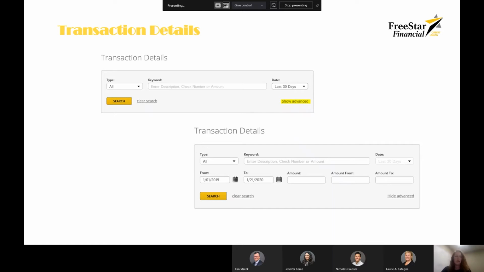So if you know exactly what you're looking for, you may be able to just use the simple search button and search whatever description you're looking for. So if you went out to eat and you're looking for something specific, a certain restaurant, you can type in that restaurant and say in the last 30, 60, 90 days. If you need additional